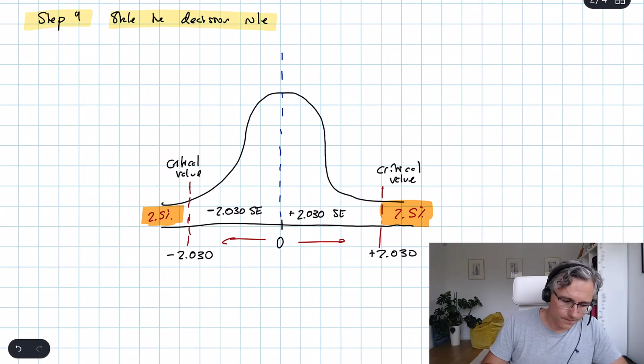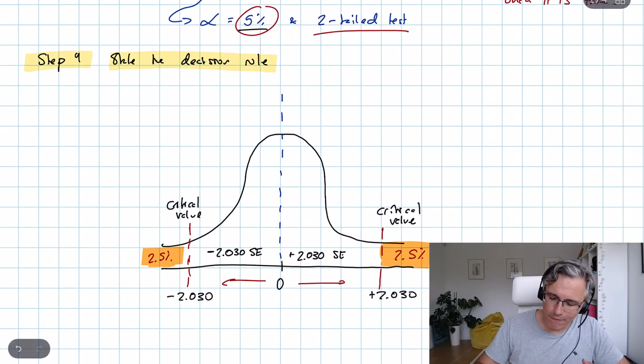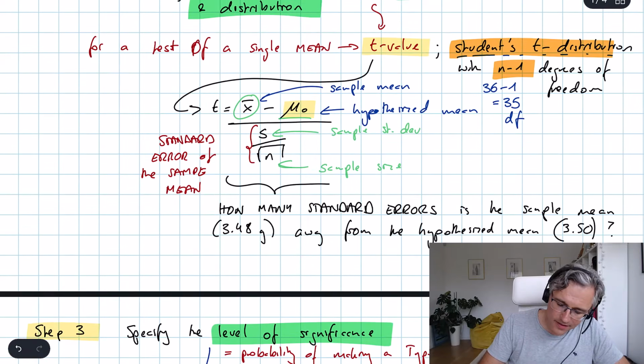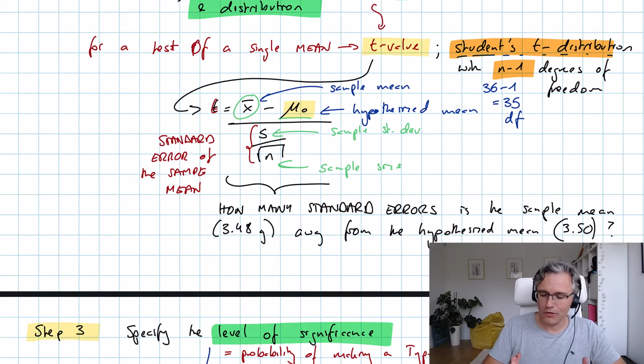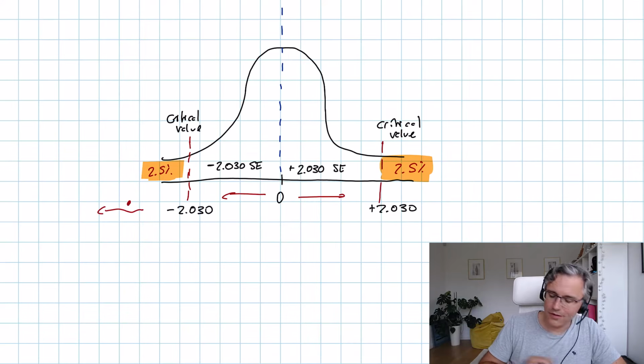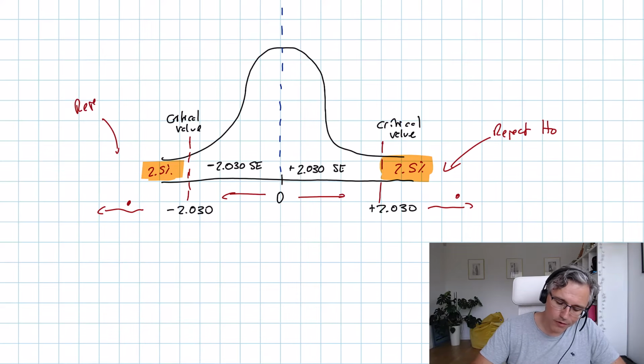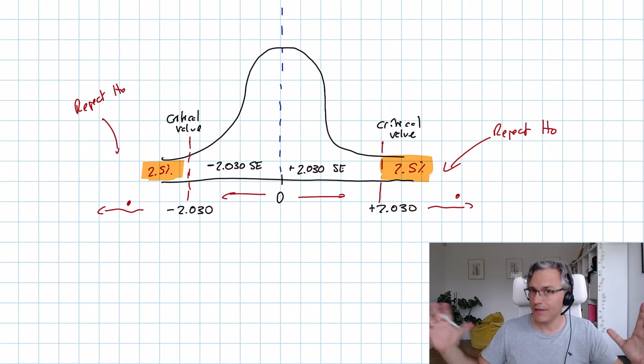If this is now important, because if we calculate the test statistic, the t value, which we haven't done, we just know what the data is going to be, and it turns out that it lies to the left of minus 2.030 or to the right of plus 2.030, we shall reject H0 if our computed value falls into that territory in the tails, either on the left or